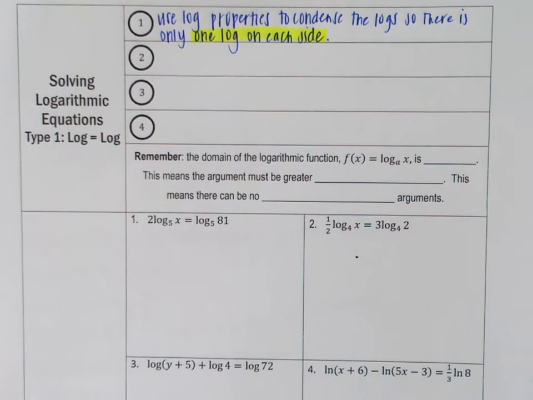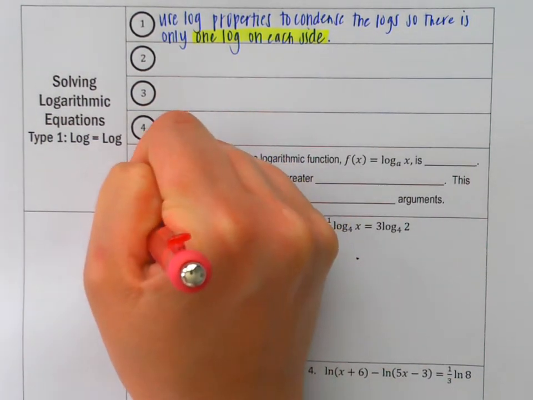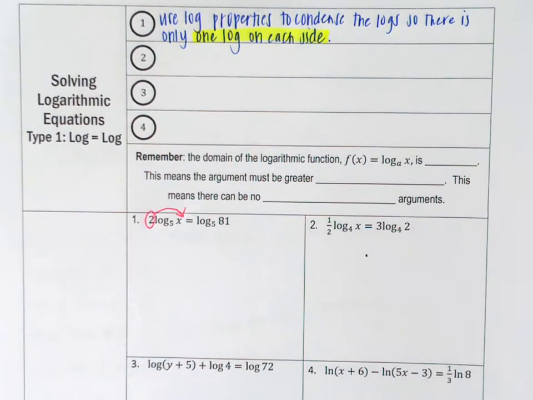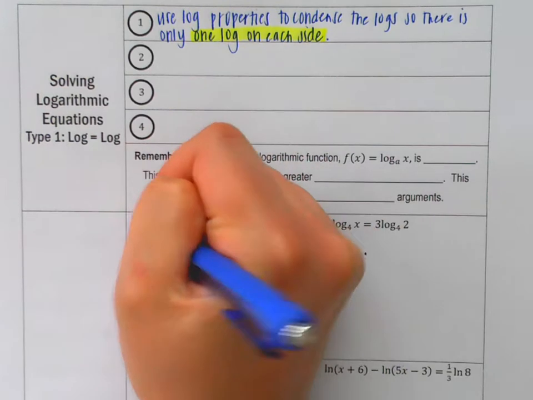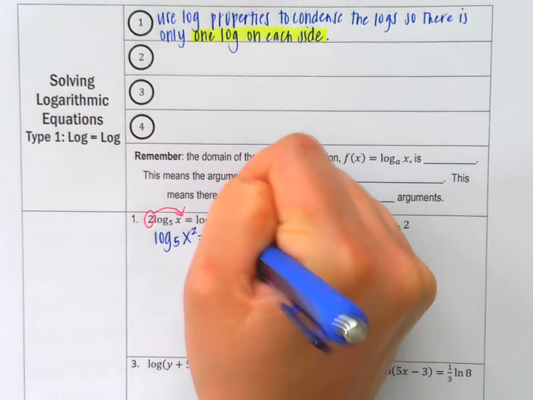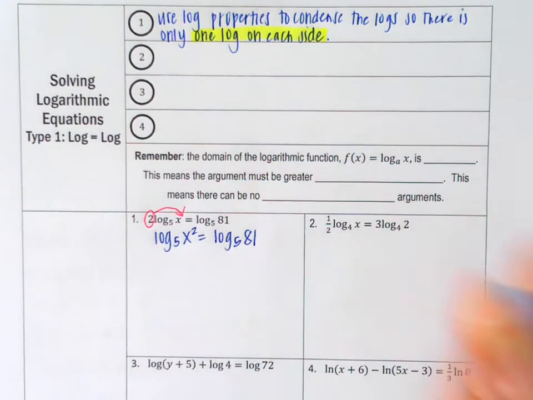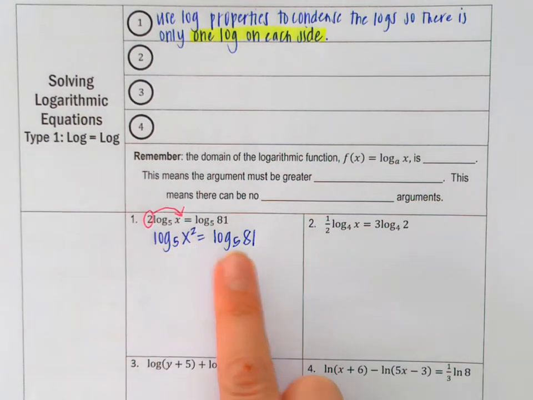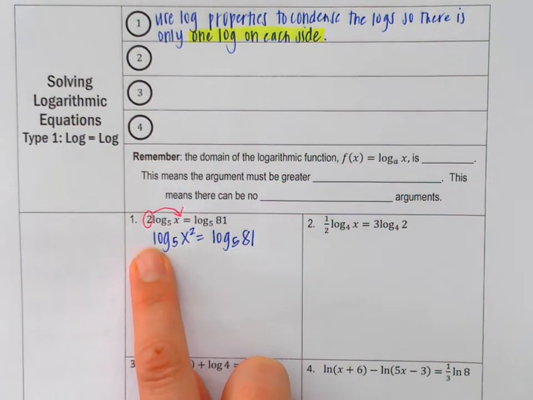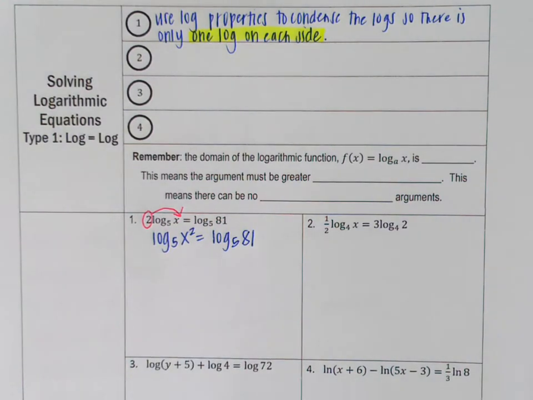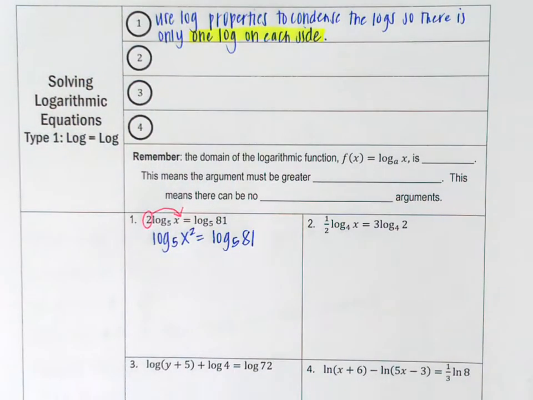However, the one thing we would want to do is apply the power property. I'd take this 2 and move it to the exponent. So I have log base 5 of x squared equals log base 5 of 81. Now, if you notice, the logs with the base are the exact same. This can only work, and I should make note of that,